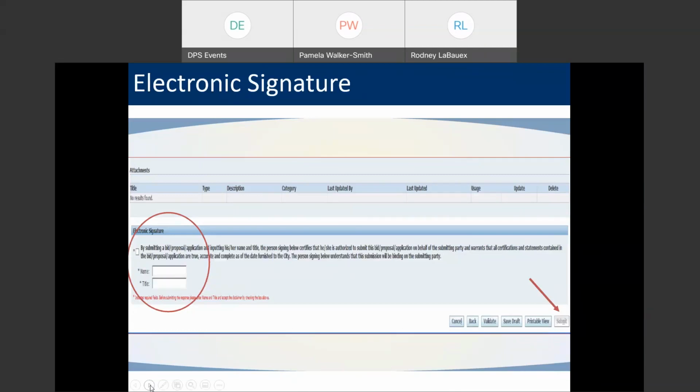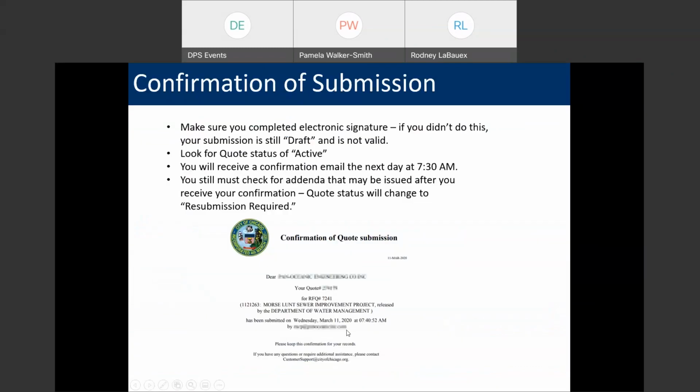If you don't, it's not going to shout. It's not going to highlight. The submit button is going to stay grayed out. So you just do the reverse. Put your name and your title in first, and then click the box. I do it all the time. I just play with it because I can't believe that it just won't accept it. It doesn't. So once you hit submit, your response status becomes active, and the next business day, you'll get a